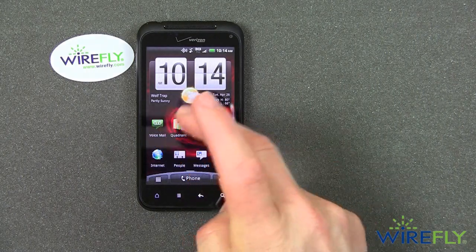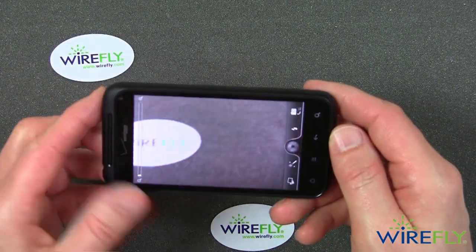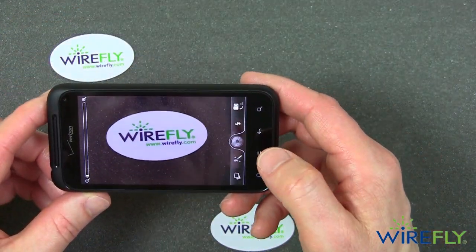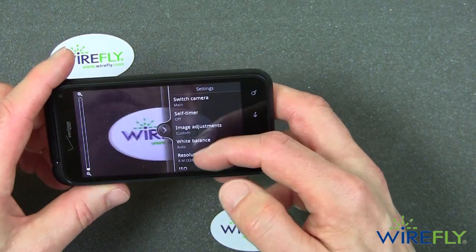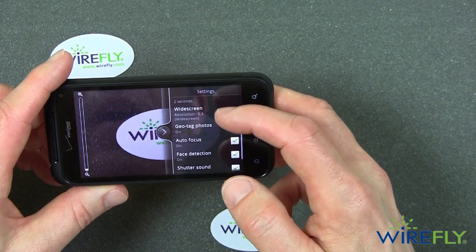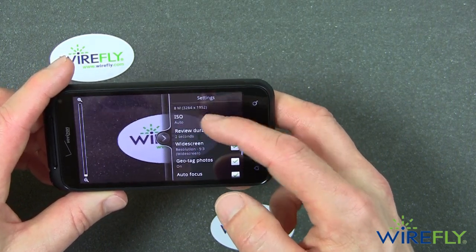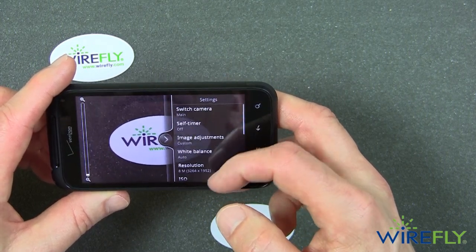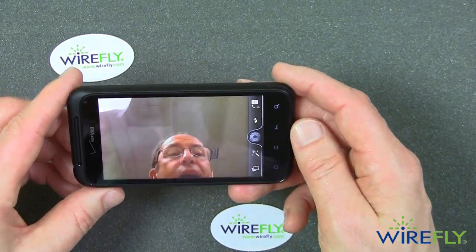So here's the camera app, I think is right here, and very easy to use. Okay, we'll just look at the Wirefly sticker there, and if you touch the menus, you can scroll through these and do a variety of adjustments. You can geotag, so you know where you are. It'll give you the geographic coordinates on each photo,